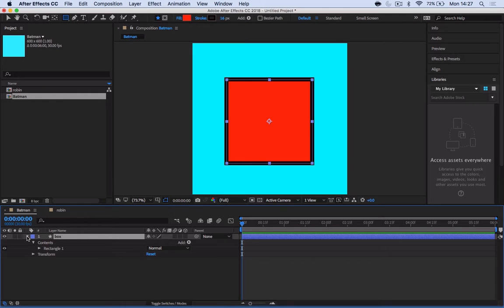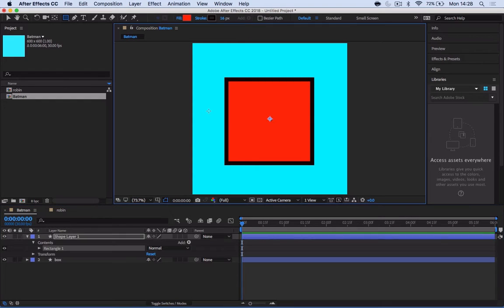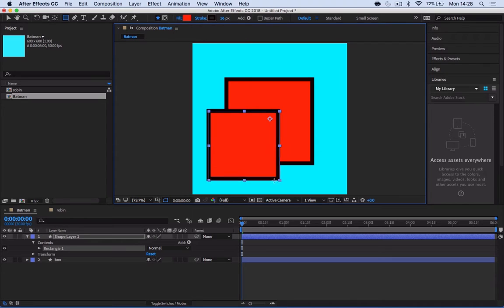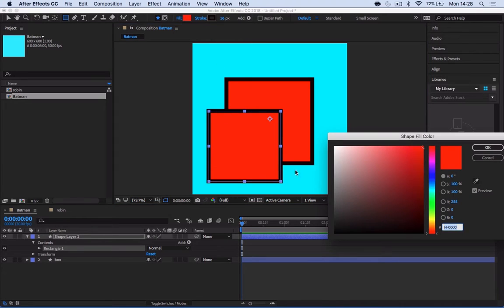Now let's create another box in a totally separate layer. So I'm going to make sure that I've clicked off this. As you can see, it's selected, and then if I click here, it's not selected anymore. Now I can draw another box. And if I hold Shift, if I change the fill,